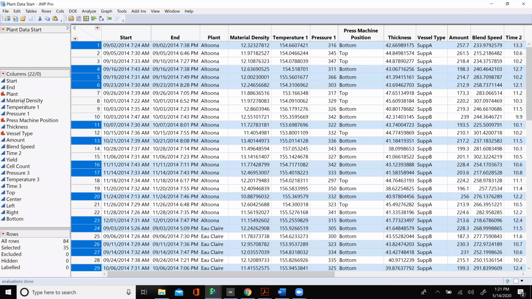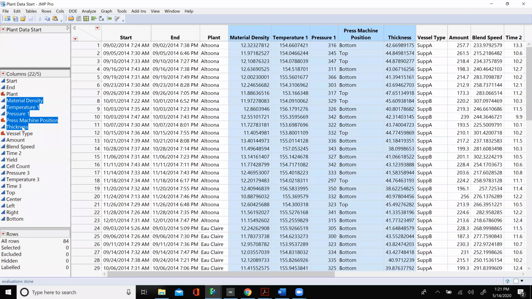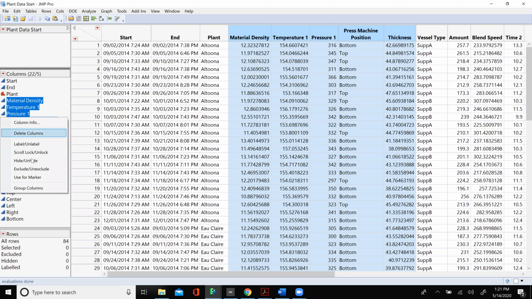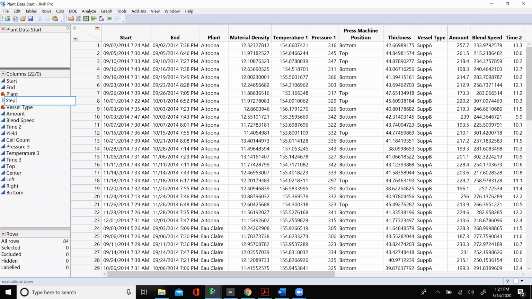A few more things with this. Let's just say that these are 3 different steps and some final measurements. So if I select all those columns here in the column panel, those are all step 1. What I can do is group those: once I have them selected, right click, and go down to where it says group columns. And I'm going to double click and call that step 1.